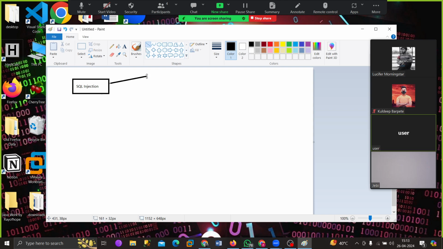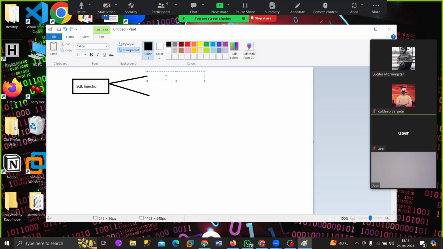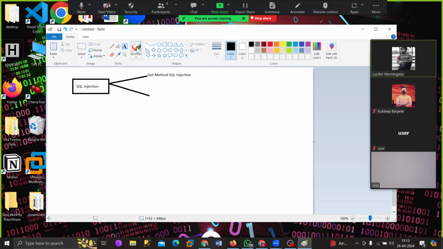No, the first one is the GET method SQL injection, and the second goes for